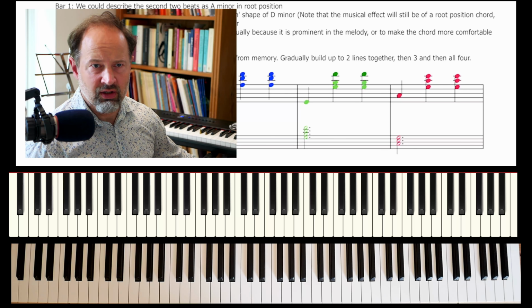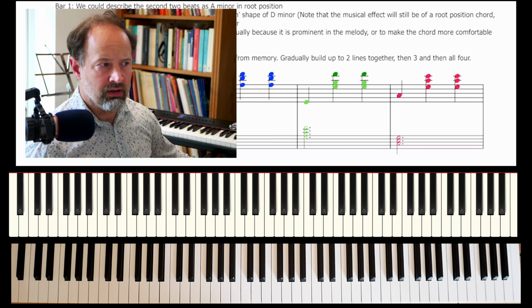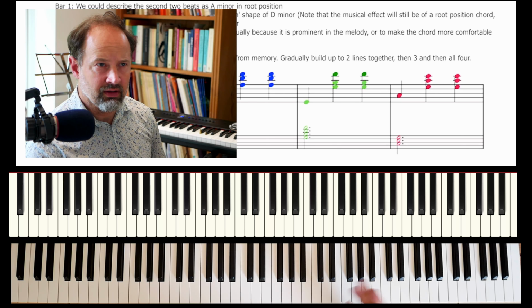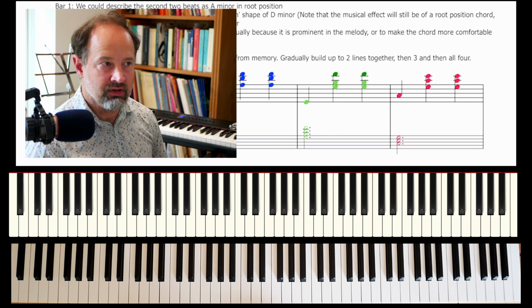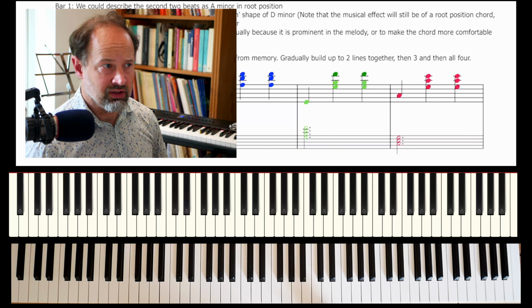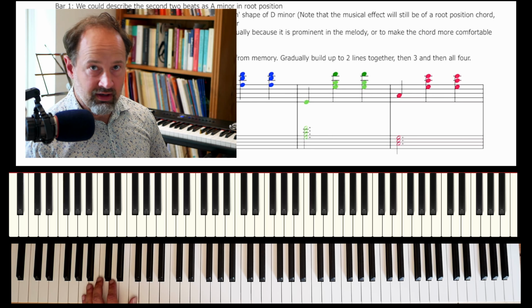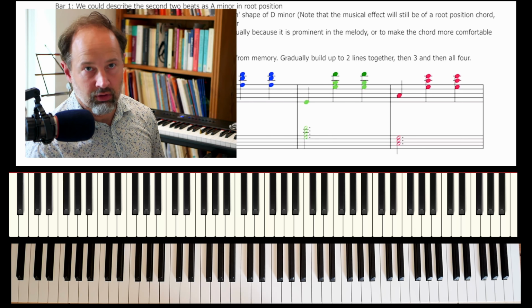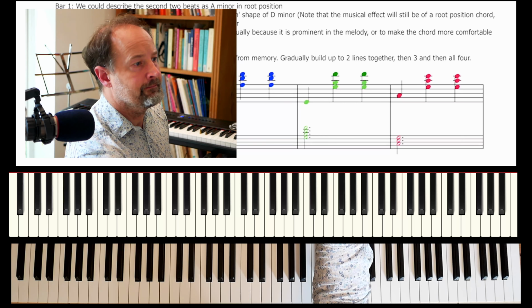Now we're going to go back to looking at some left hand. So in the lower small stave, I've written out the basic root position chords that we've just found, and we're going to now reverse engineer them back to the texture that Chopin actually uses in the piece to create that sort of waltz feel. So we had A minor here,